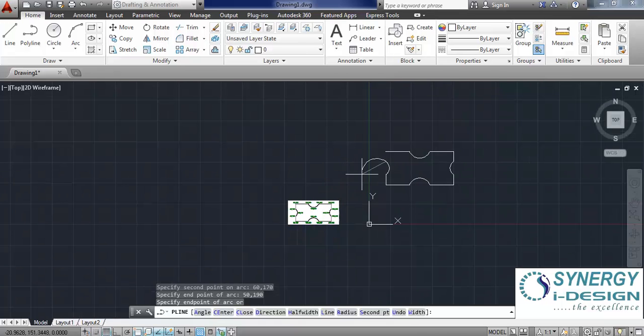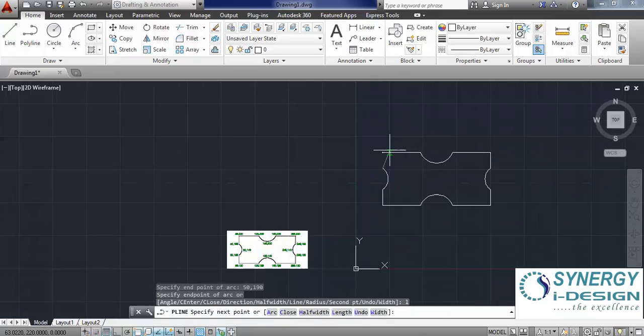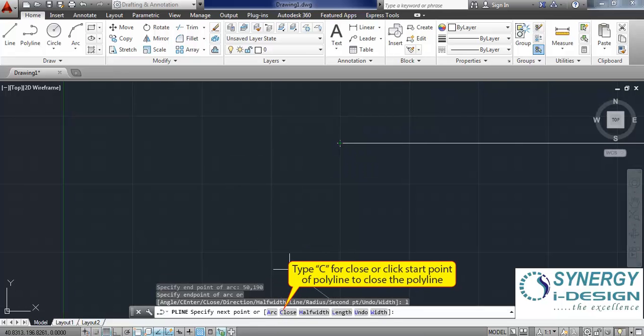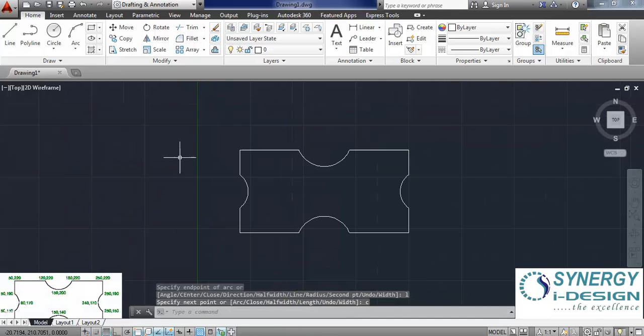Now what I am doing, I am again taking the line command with L, and now clicking on the end point. Now you can take this close. For close, we are selecting C. Enter. This drawing has been